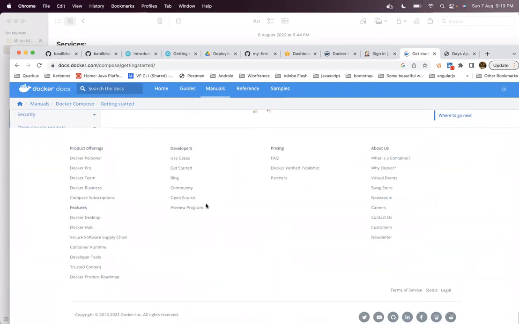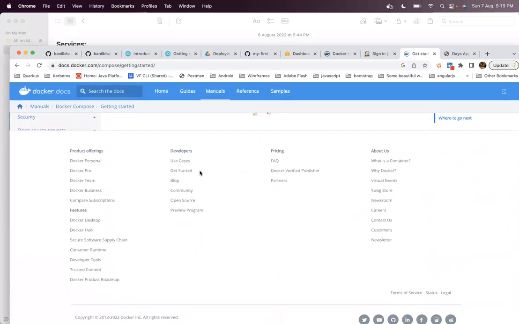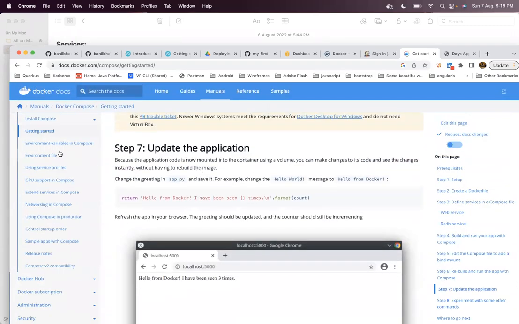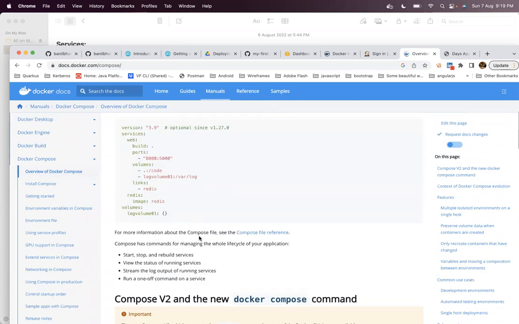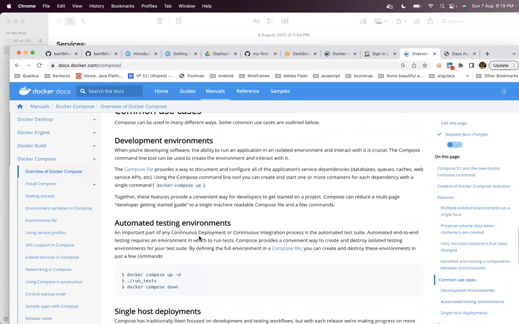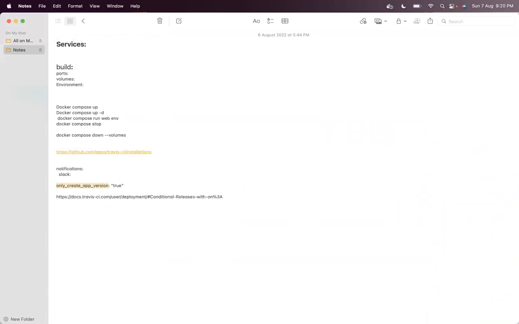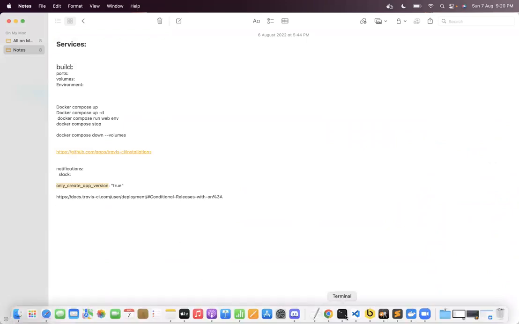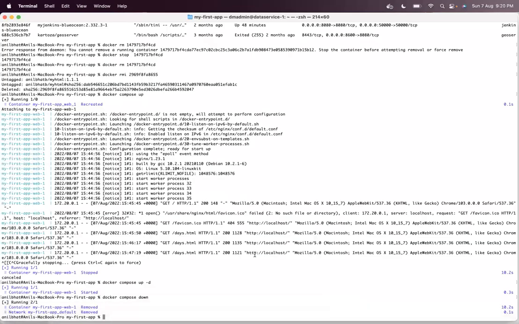We can see a lot of commands, like docker compose help, and maybe on the official website also; somewhere it should be there.